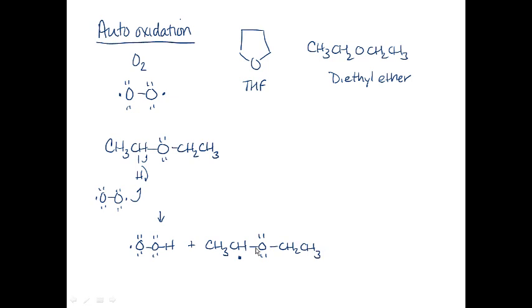And there are resonance structures you can draw here to delocalize the single electron over both the carbon and the oxygen, and that's why the oxygen will attack the carbon next to the oxygen of an ether. But you form this species. And then what happens is these two radicals couple together to form